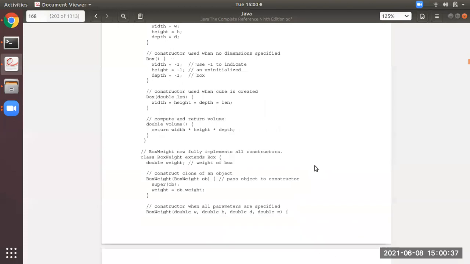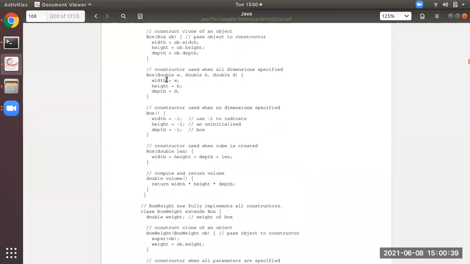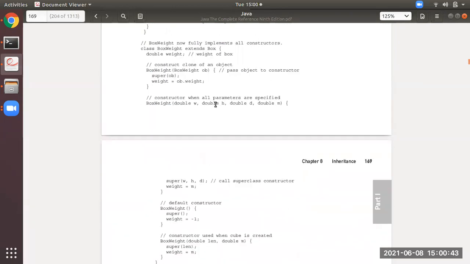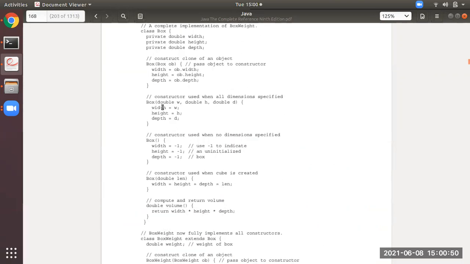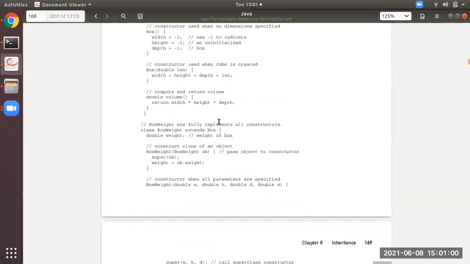Now see, I'm scrolling up here. So W, H, D is initialized with 10, 20, 15. I'm repeating again, students. From this line, it will call the constructor of its parent class with 3 parameters. So this is the constructor which will receive the call, that is super(W, H, D). Students, I hope you all have understood.